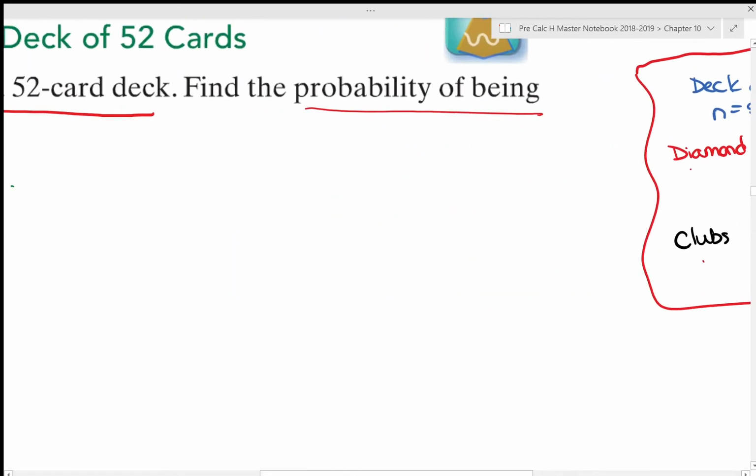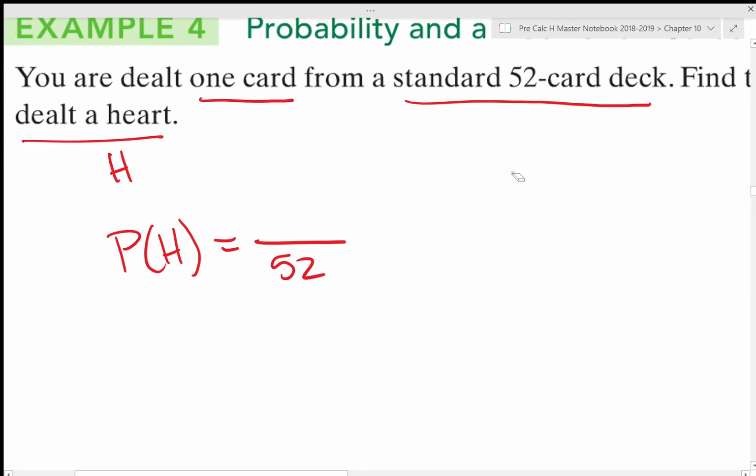So now, to find the probability of heart, we need to know how many cards in our deck are hearts. Well, we know that there are 13 cards per suit, right? And a heart is a suit. So there are 13 out of 52 cards. Now this could also be simplified to a fourth,